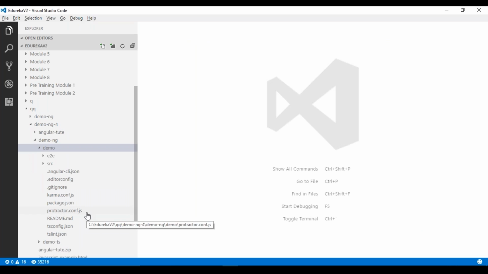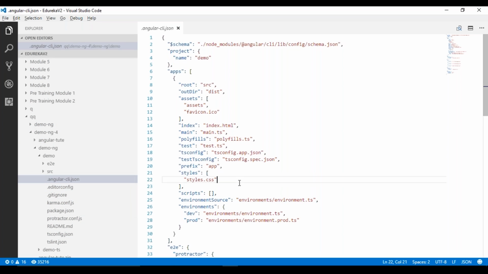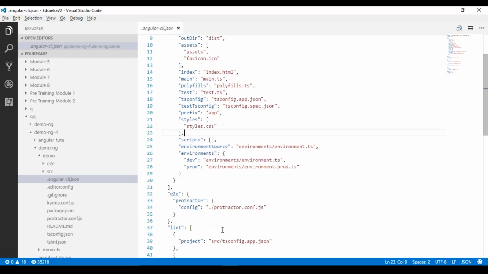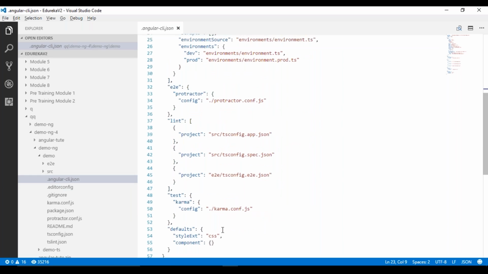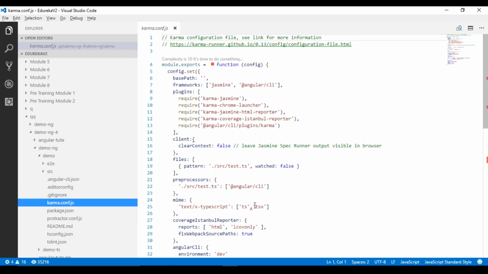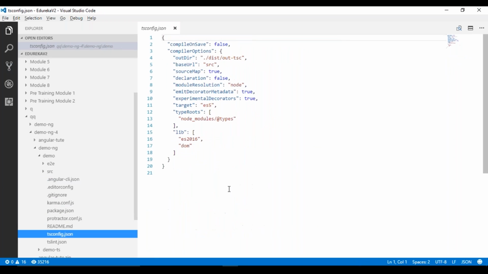So what is this? This is your Angular CLI startup project, where CLI.json has the set of all commands and metadata that is required for Angular CLI to manage this particular project, run it, test it, as well as build or lint it. You have karma.conf.js, which will help you with unit testing, protractor.conf.js, which will help you with end-to-end testing, and tsconfig